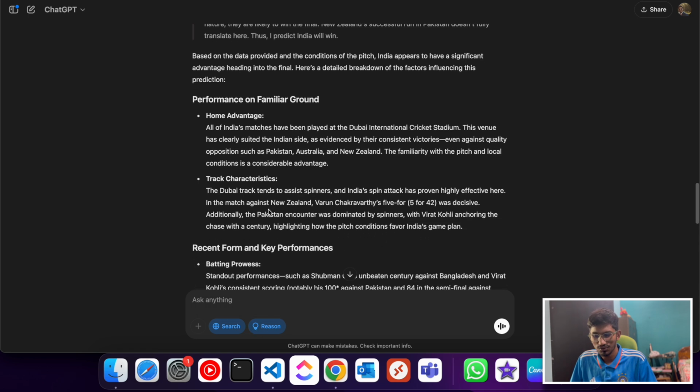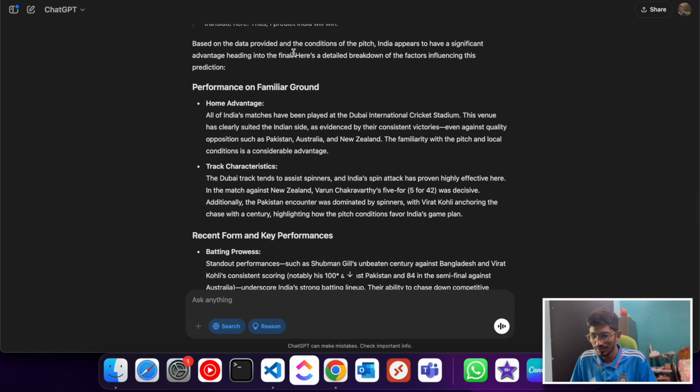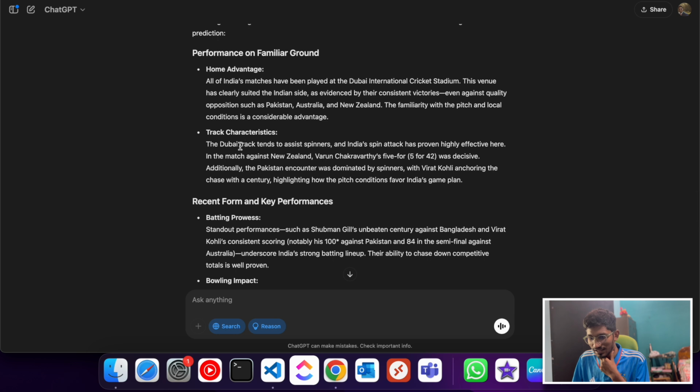And finally, let's see what it predicts. Based on the data provided and the conditions of the pitch, India appears to have a significant advantage heading into the final. So it is giving India the advantage. The advantage it cites is home advantage, because all of the matches were played in Dubai, and the pitch tends to assist spinners, and the spin attack has proven effective here.